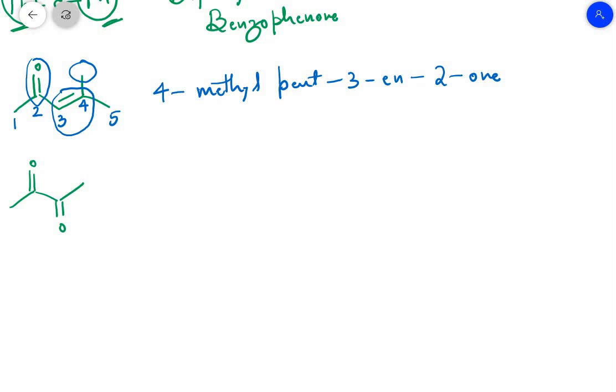Whenever you are facing this bond line formula, students, what you are supposed to do is write the condensed formula. The same structure I will be writing as the condensed formula: CH3, then followed by C double bond O, that is the second carbon, then followed by single bond CH, double bond C, and here we are having one substituent, that is CH3, and this is accompanied with one more CH3.